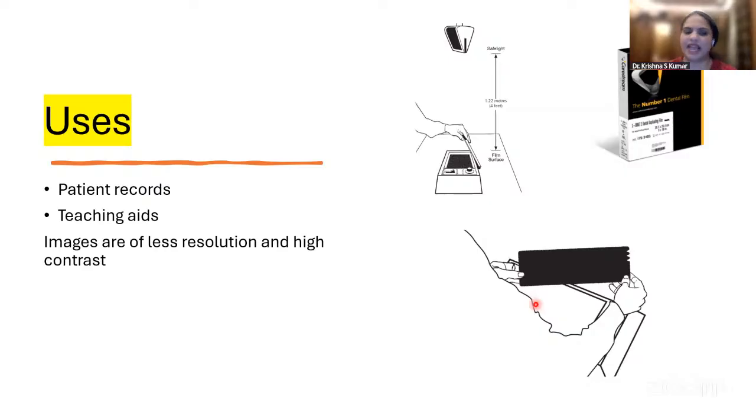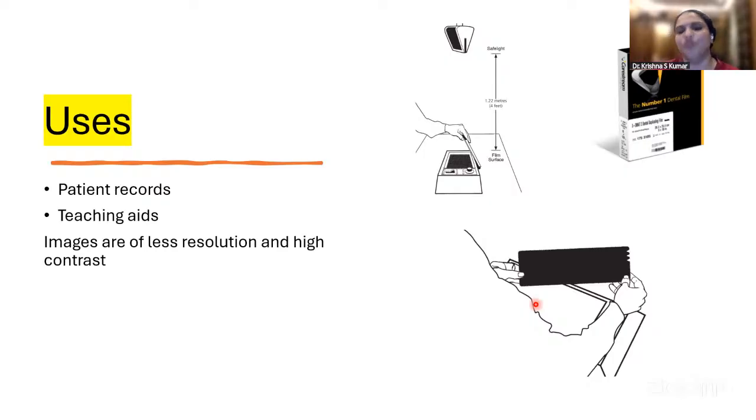The mechanism is quite different from the normal processing. In normal processing, the exposed silver halide crystals are developed, the latent image site, and during fixing, all the unexposed silver halide crystals will be removed, making it optimal for viewing. But in this type, it is a direct positive image where all the exposed silver halide crystals will be removed, and whatever remains, the unexposed silver halide crystals, will be